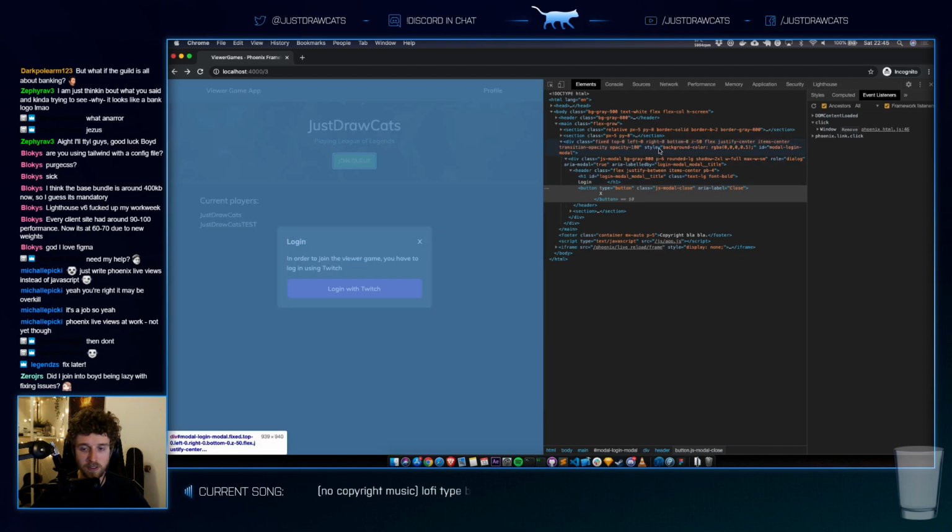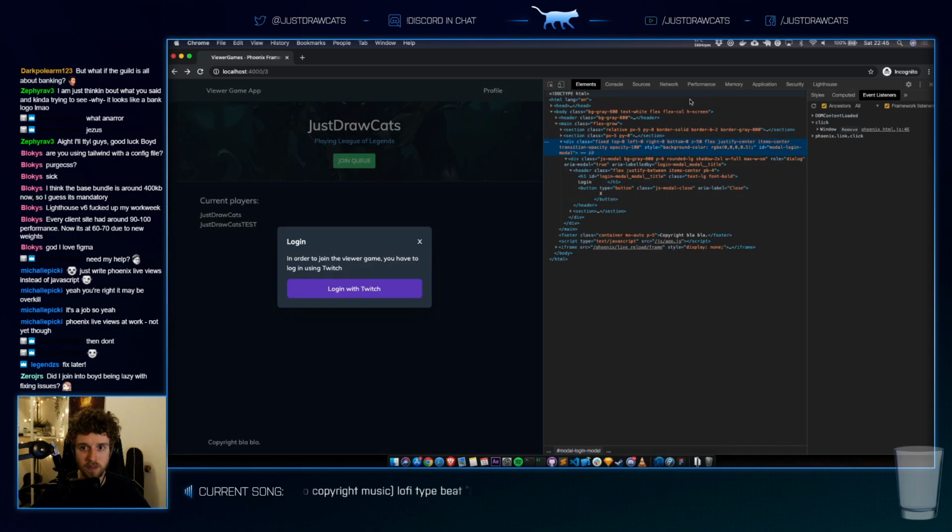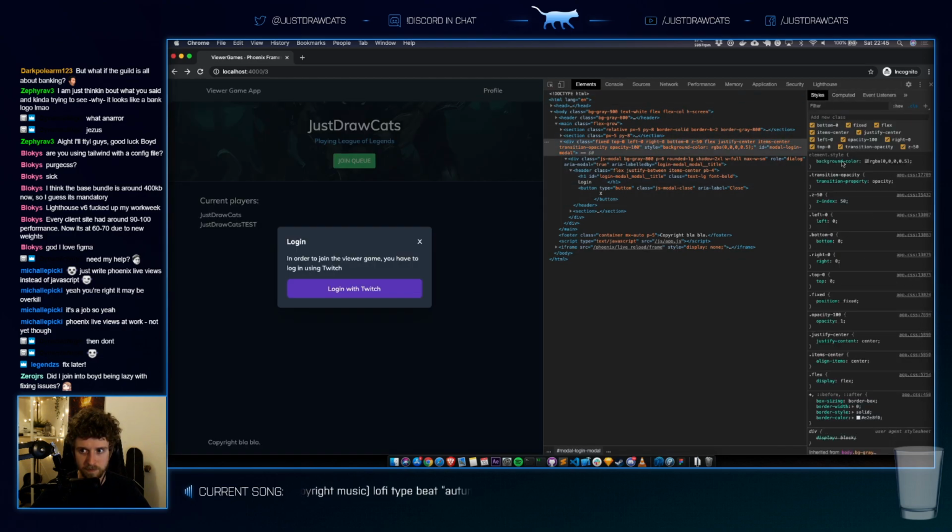That's what I thought. Because as soon as hidden is removed and opacity 0 is removed, I don't think there's a transition. I'm thinking something else. I'm thinking about doing it properly.